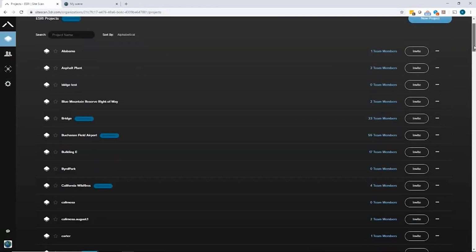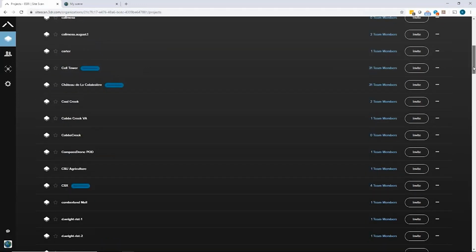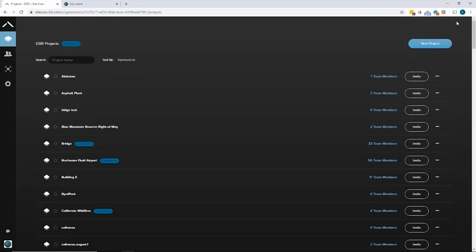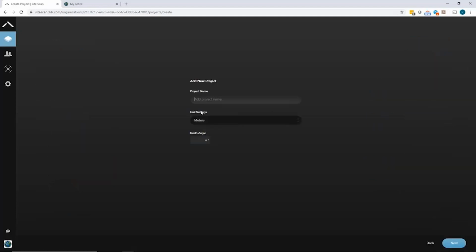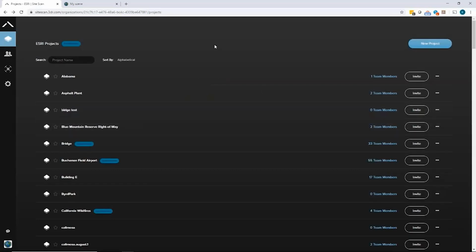Now, as I said, you have the ability to create flight plans in the flight planning application, and then those photos, once they're captured, can automatically be uploaded here, and will start processing on their own. But you don't have to just use that flight planning app to upload photos. You can also come here and create a new project, give it a name and settings, and then if you have your imagery stored locally somewhere on a drive, that's where you're able to add that imagery and upload it and start creating